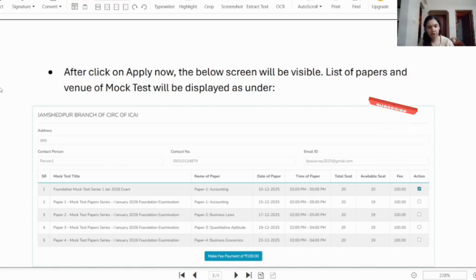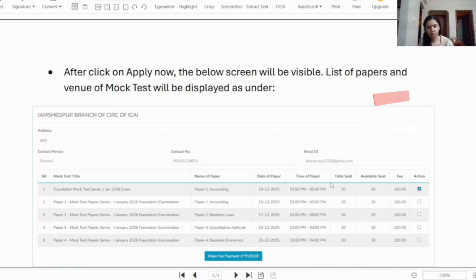Once you select your venue and click apply now, you will be able to see the list of the mock tests, that is the different subjects and the dates on which they will be conducted. For whichever exam you want to apply, just select that here and then click on apply.